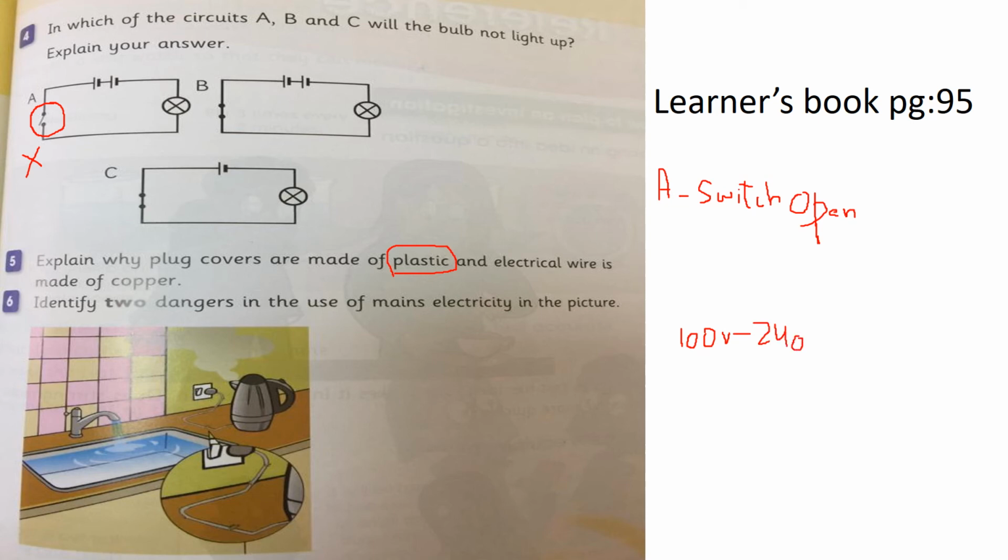And every country has its own criteria. In Qatar it is fixed. It is 230 volt, fixed. And I don't know what is in your country, but right now you can just go through with it. So it means this is too much current, right? Too much current. If you got this current, it means it gives a bad shock. So you have to identify which one is wrong here.